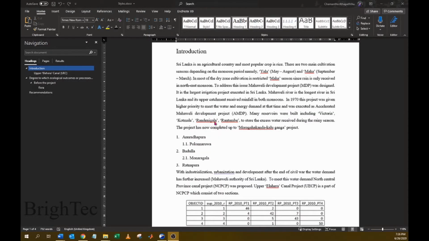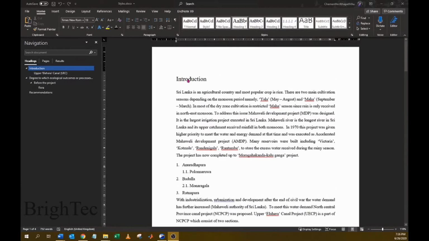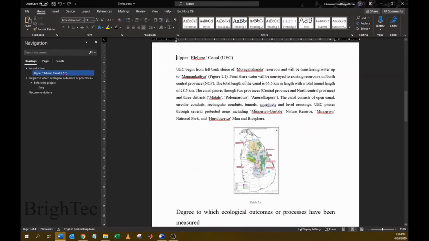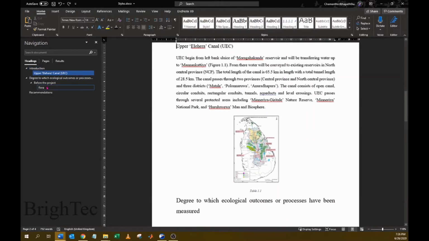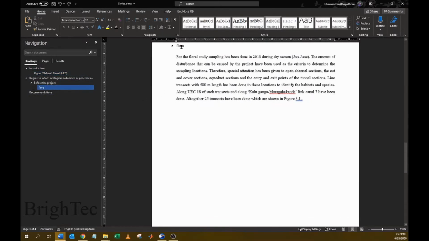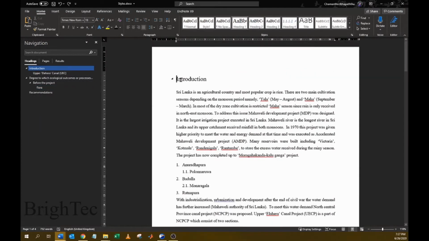Using the same method, we can assign multi-level numbering to the headings of a document. In this document, there are several levels of headings. For example, this is a heading 1, and there are heading 2, and also there are heading 3. So using the multi-level numbering, we can provide the numbers to different heading levels. Let's try to give a numbering system to these headings.